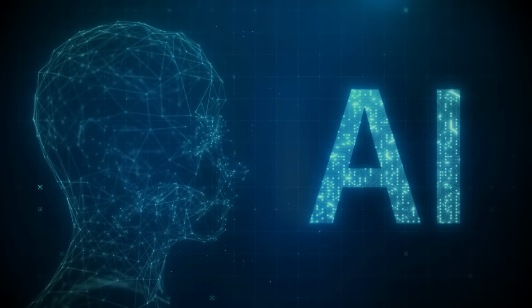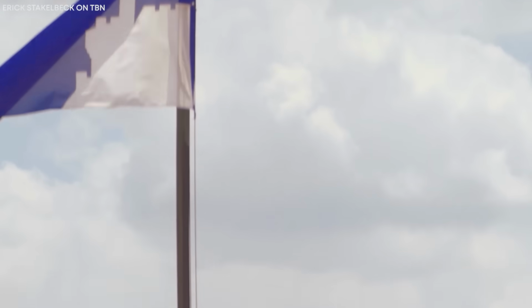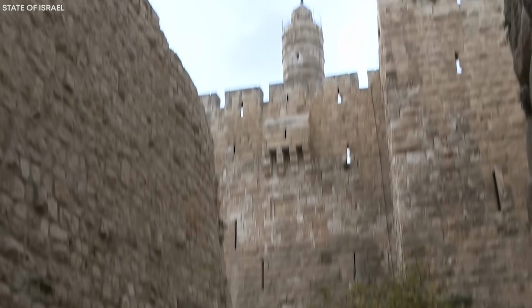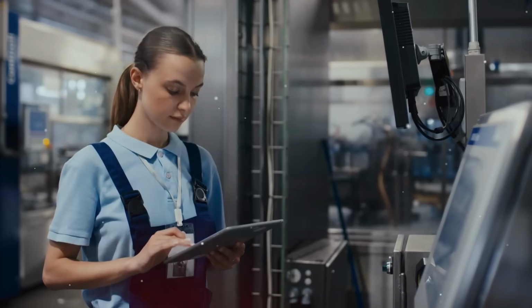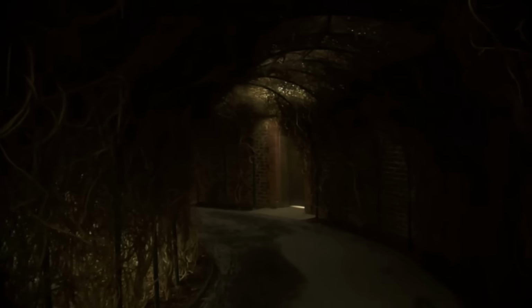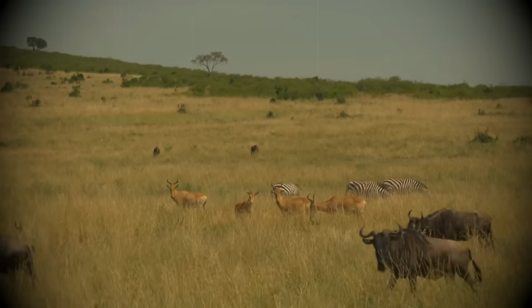AI analysis has identified what appear to be storage chambers, some large enough to hold massive quantities of grain, oil, or other supplies. There are passages that seem designed for water management, with carefully engineered drainage systems and channels that could direct rainwater throughout the complex. Some tunnels appear to be designed for movement and transportation, wide enough for people, and perhaps even animals to move